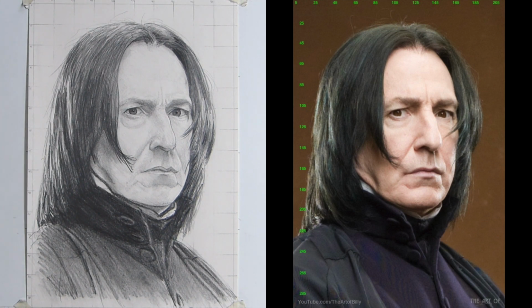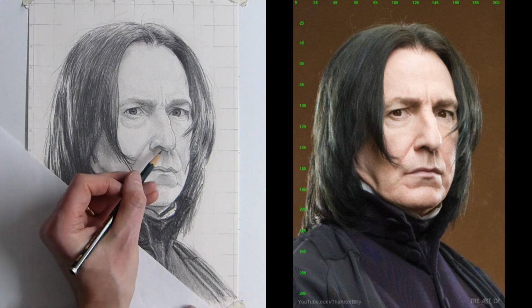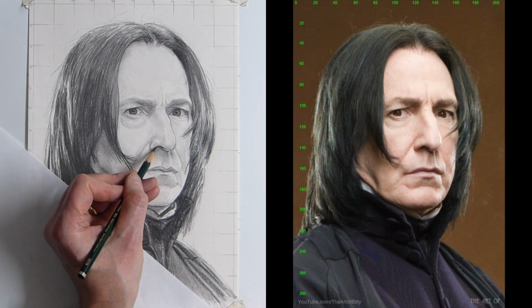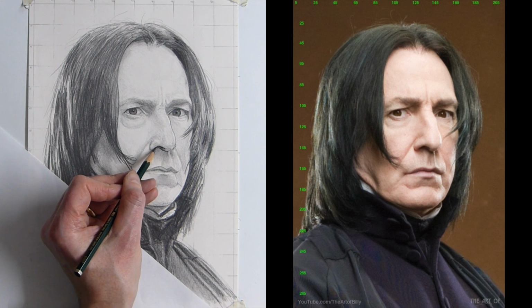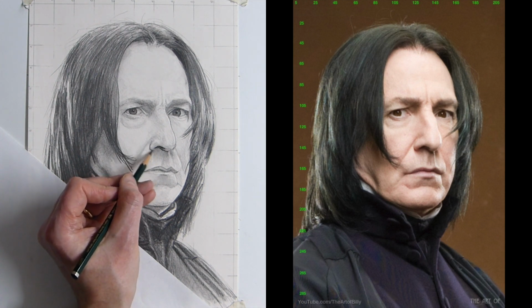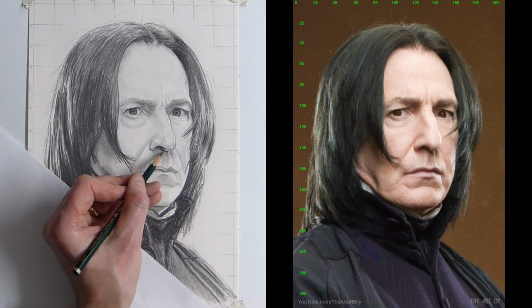I'm still using the 4B pencil, so now we're going to come in and increase his nostril, the shadow in his nostril, and then underneath the nose where that comes down, and the corner of his nose,